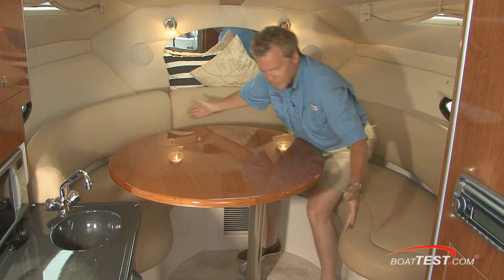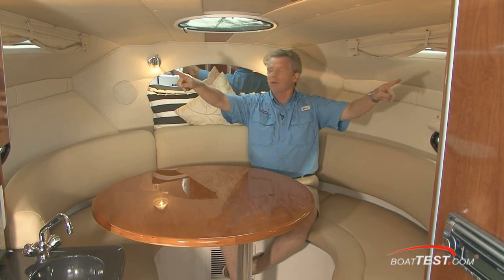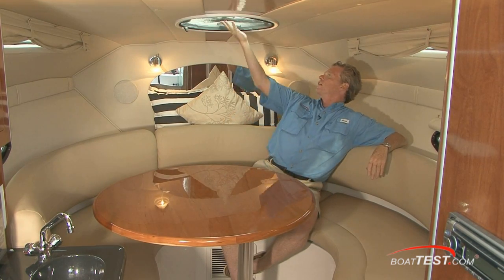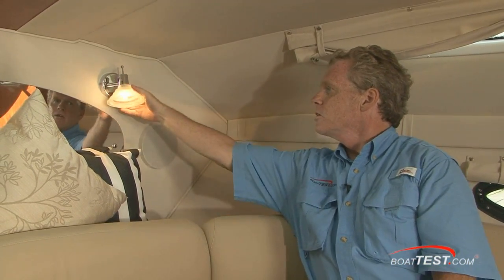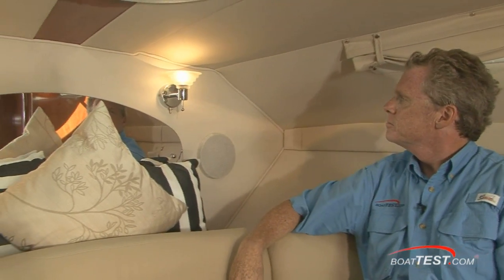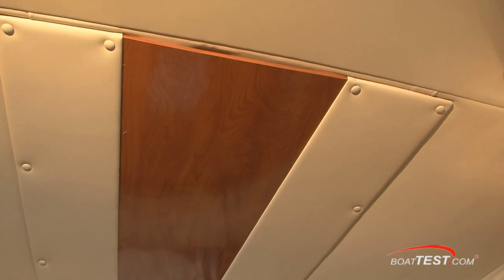in and out. Not only do you have natural light coming in from 1, 2, 3, 4 port lights, you also have the hull side windows that stretch 3 feet 9 inches and a Bomar overhead hatch that also serves as an emergency egress. Notice the lights that serve as direct light, reading lights, or indirect lights. The overhead in the cabin measures 6 feet 1 inch, and notice the wood trim going right down the center